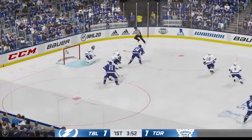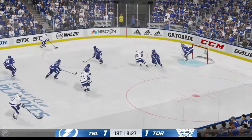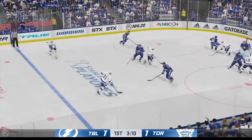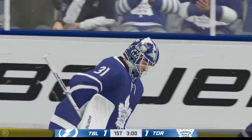Tyson Barrie gets the puck back to Nylander in front. Another play by Austin Matthews, trying to go for the 5-hole again, but he couldn't get it. Tyler Johnson the other way. The Lightning are 3 wide. Johnson looking for some space, finds the point. Chirnak a shot up high there on Frederik Andersen, but he somehow manages to see it and keeps this a